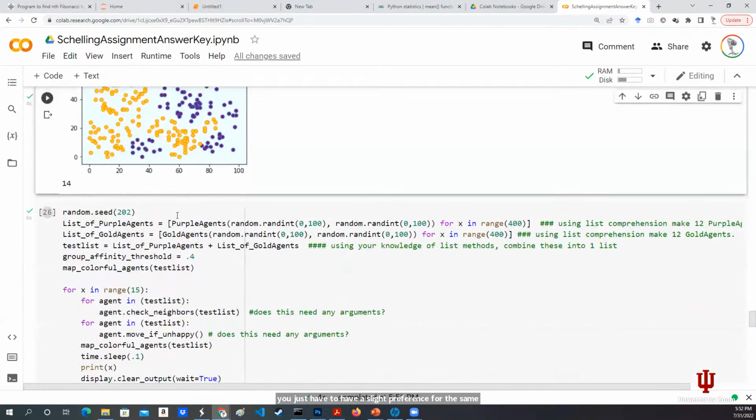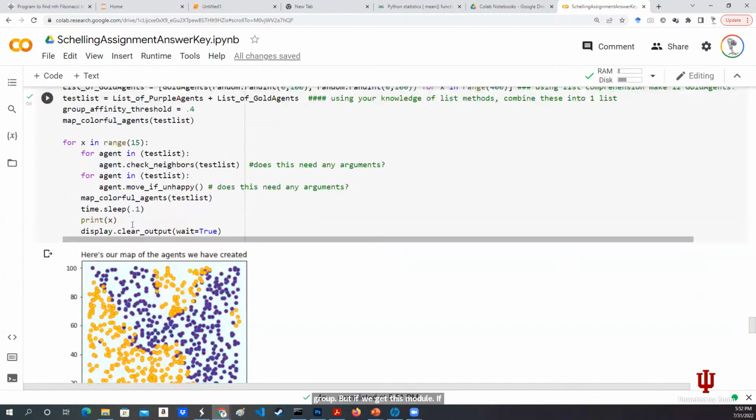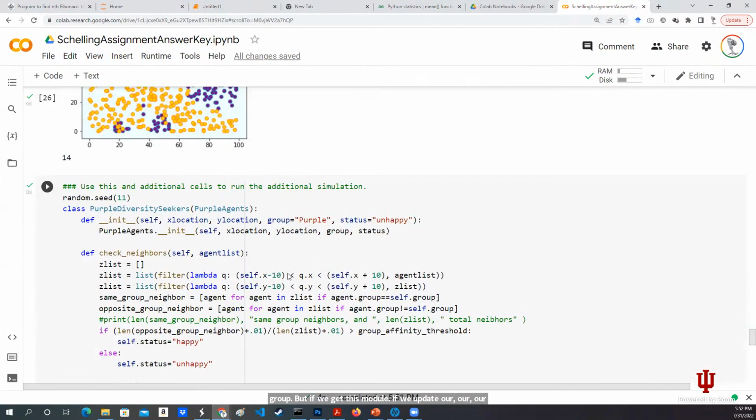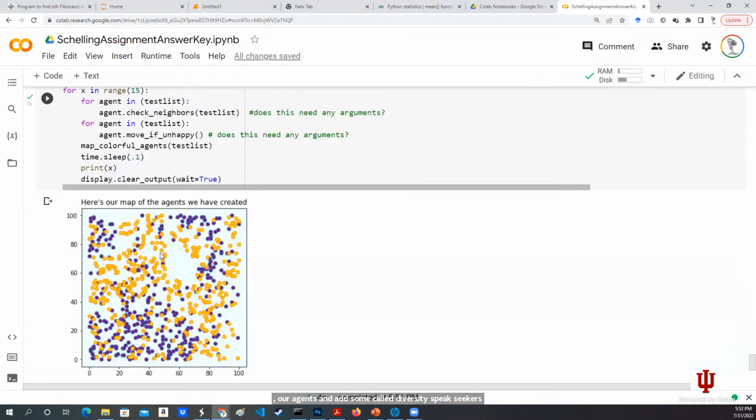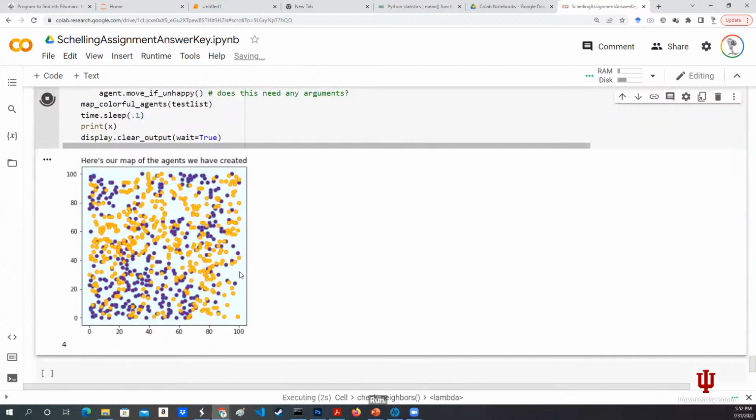But if we update this module, if we update our agents and add some called diversity seekers, which are happy when they are in the minority, and then we run the same simulation, but with a few of those, it never gets as segregated because some of them like to be in the minority and it keeps it more coalesced. So this suggests that a heterogeneous set of characteristics leads to